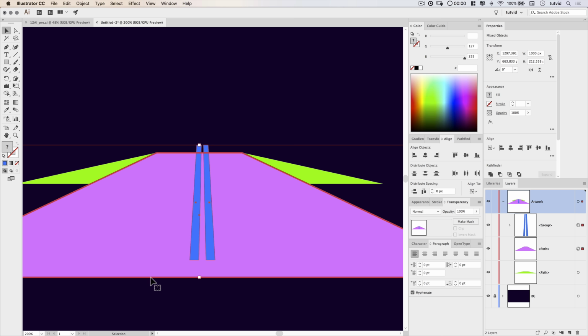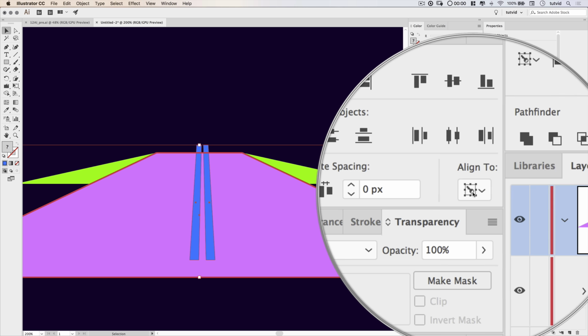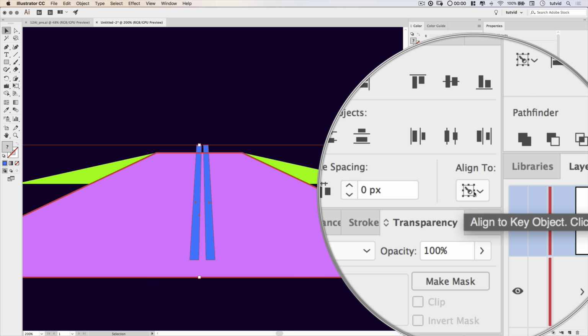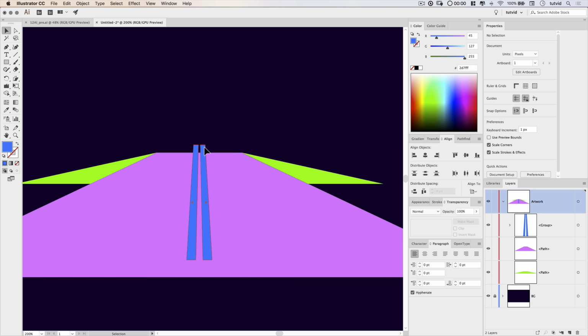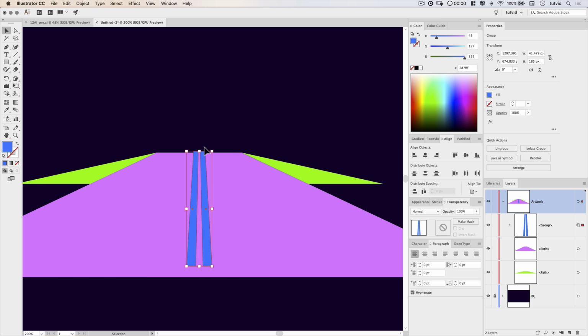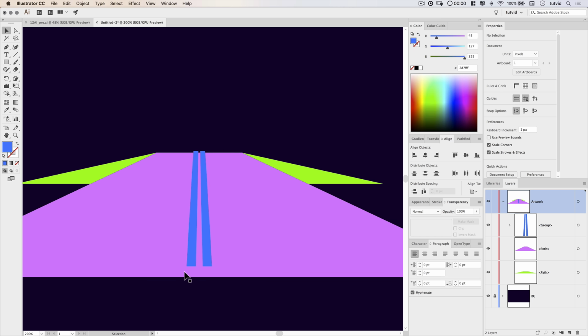See how it gives me that thick outline? What that means is we're now aligning to that object. So align to key object. We've made that pink shape the key object, and I'm going to say, hey, look, align to the horizontal there, and then what I can do is just move the line downward a little bit, just to where I think it needs to be. Something like that will work. We're going to end up masking off this top edge and the bottom edge of the lines as well.